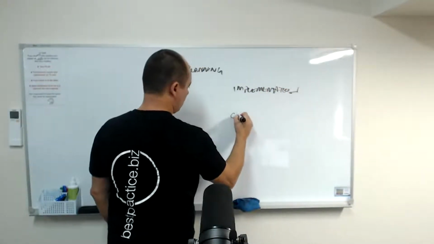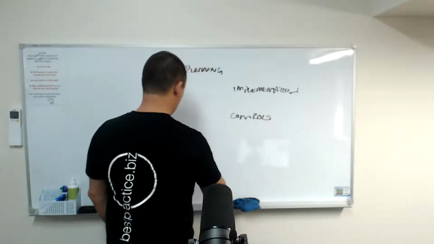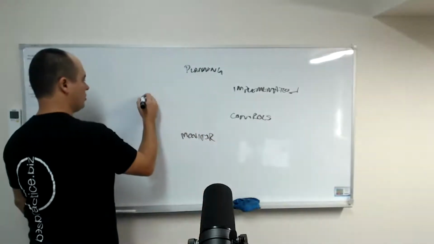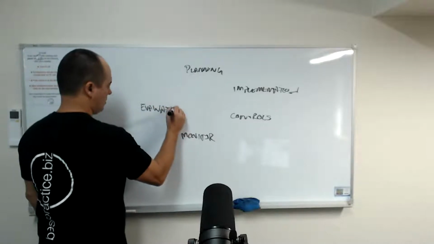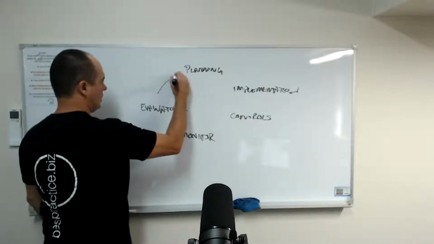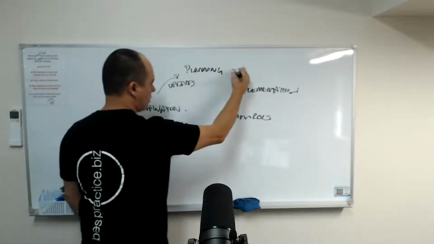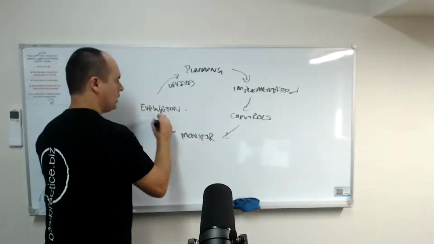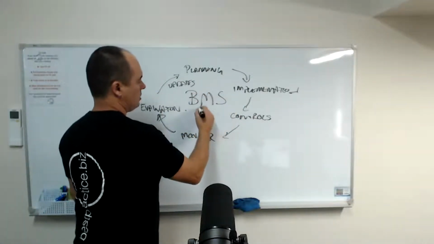Then we're going to do controls. We're going to do monitoring and measurement, and then we're going to do evaluation, and we're going to do updates. This is the cycle of continual improvement in a bit more detail, but that is your business management system, BMS,